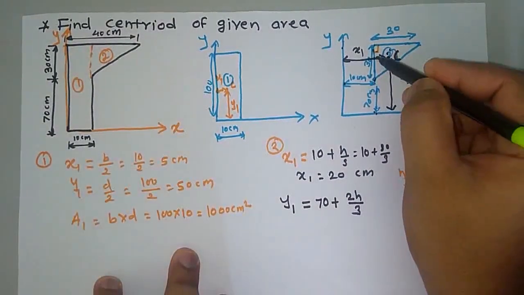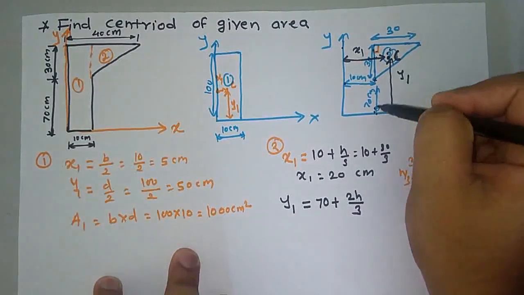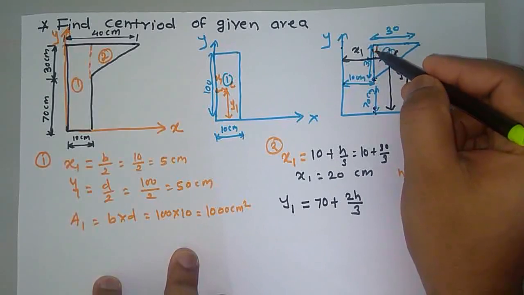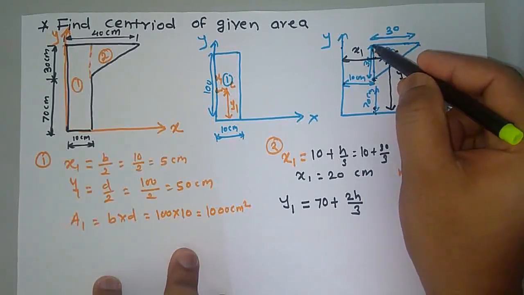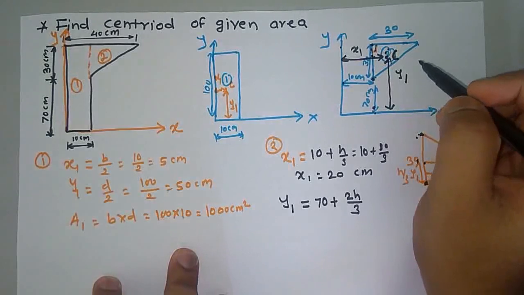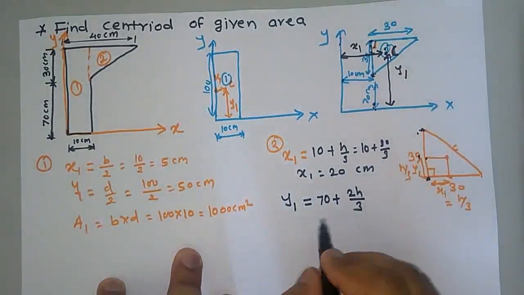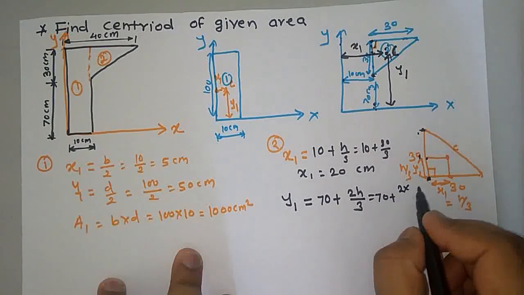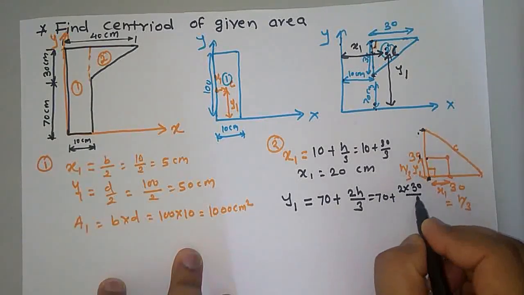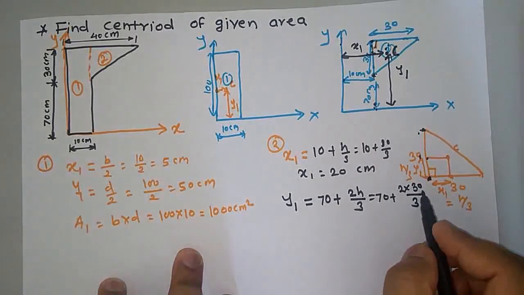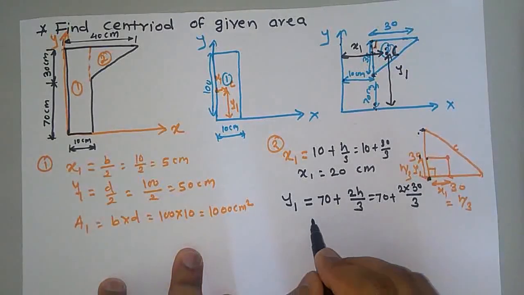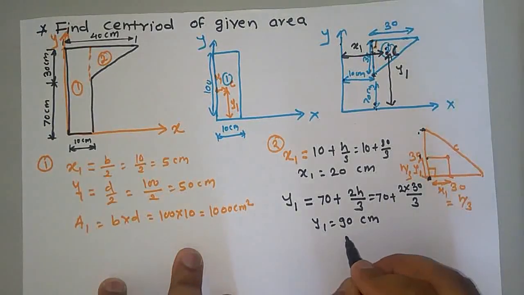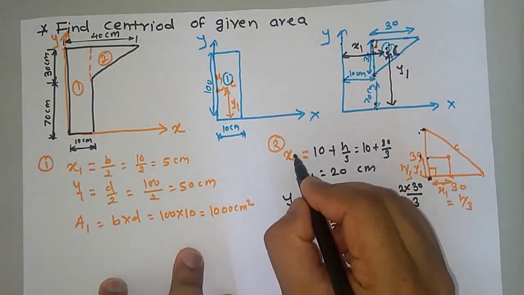This center location from here is 2h by 3. Already it is 70. If we are measuring from opposite of this right angle, then 2h by 3. If we are measuring from here to here, then it is h by 3. So what will we get? 70 plus 2 into 30 by 3. So we'll get 70 plus 20, 90 centimeter. And this is x2